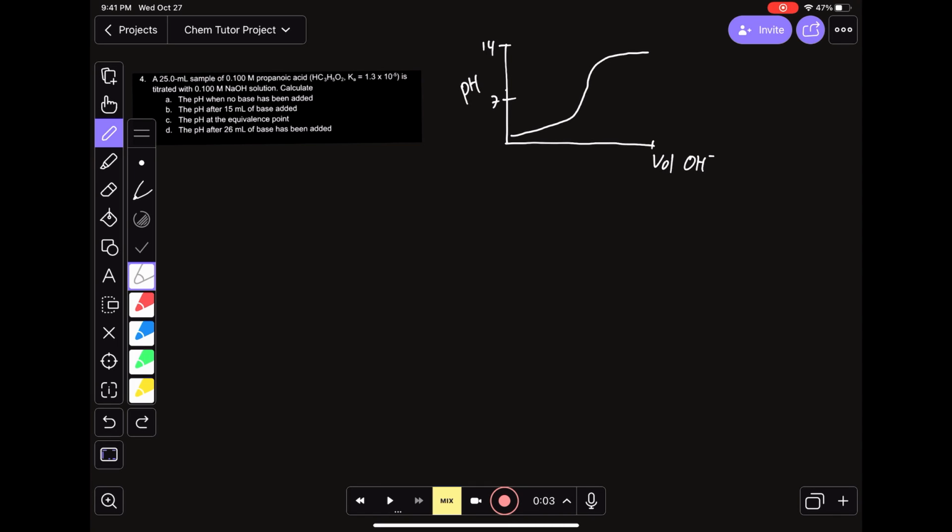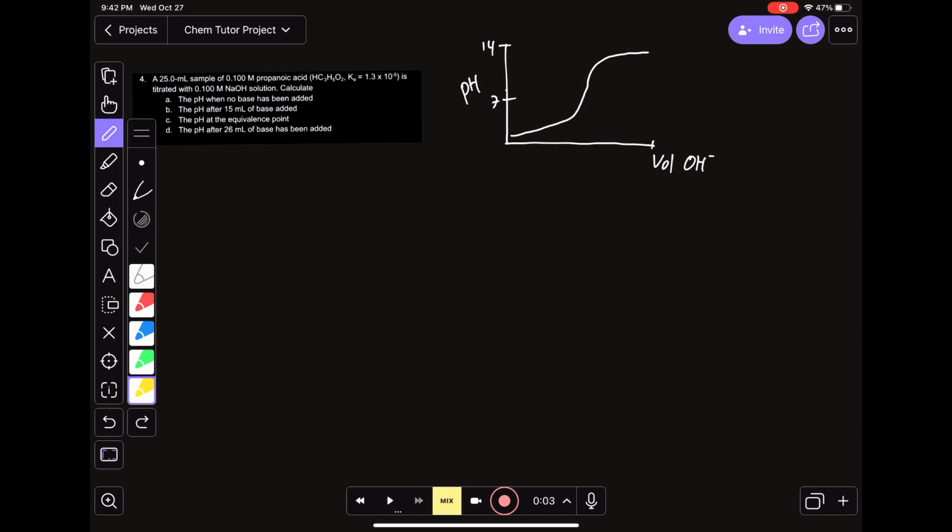Today we will be covering how to calculate pH during a weak acid strong base titration. That is, when a weak acid is being titrated by a strong base. We will be calculating the pH for 3 different regions. That is,